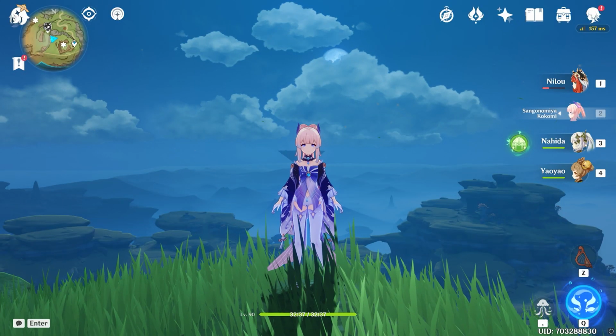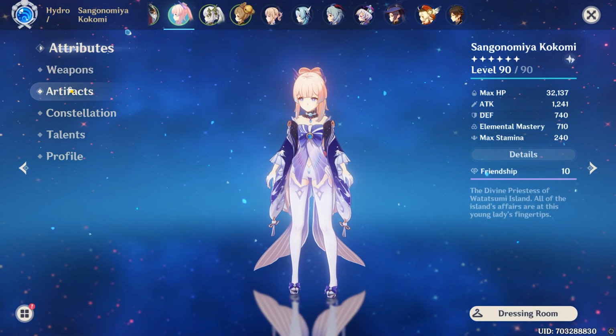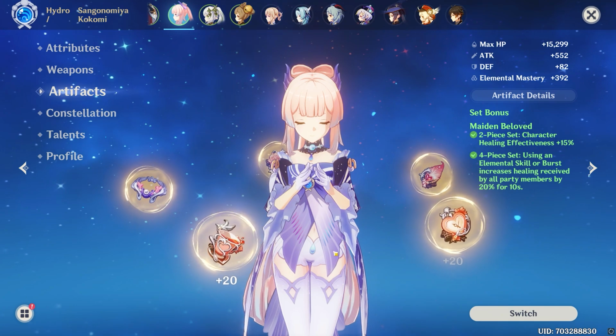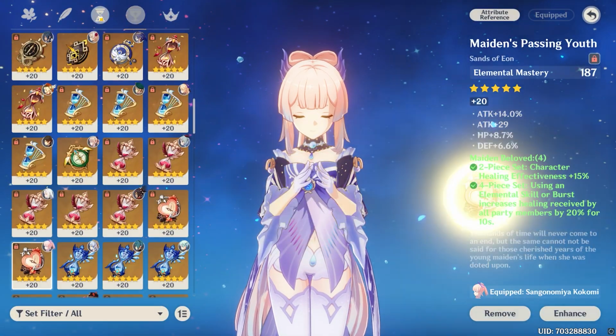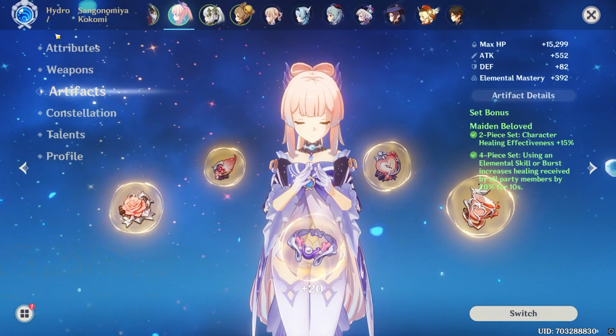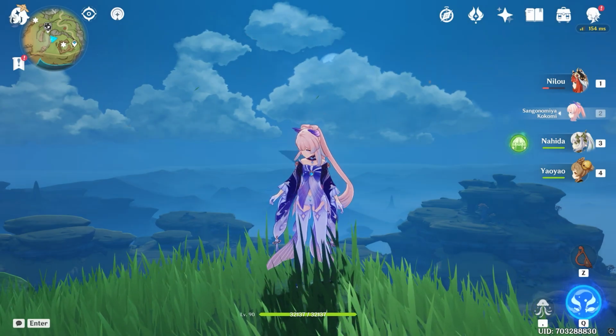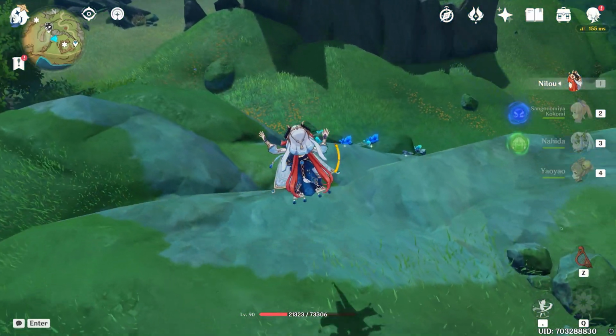Good day everyone, so apparently Kokomi does not really heal as well as YaoYao, so I decided, well, let's fix that and give Kokomi a dedicated healer artifact set. So Maiden's Beloved gives you more healing, using an elemental skill gives you more healing, so that's what we're going to go with today. But before we do our little showdown against YaoYao, we need a bit of a test